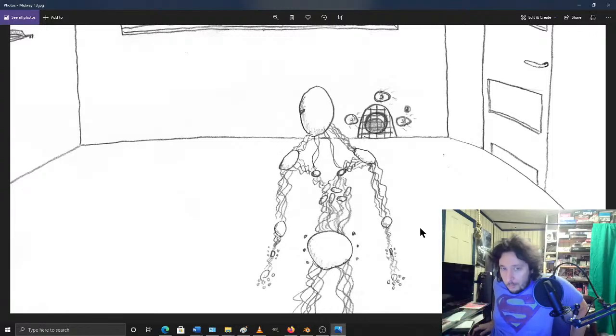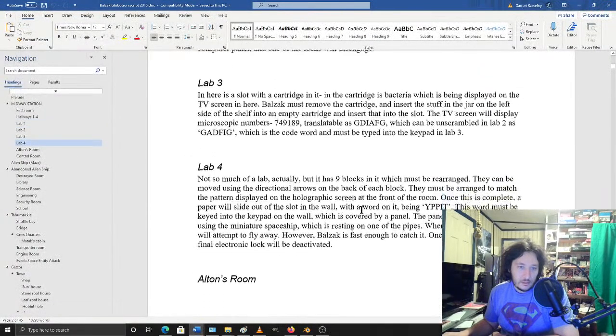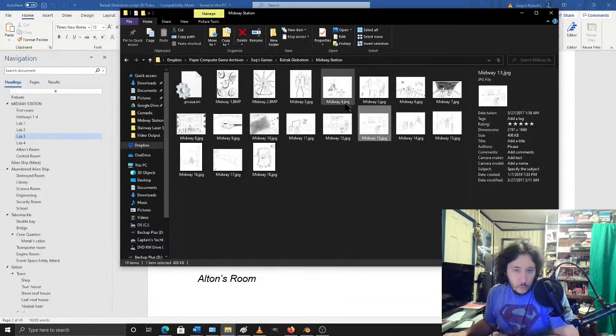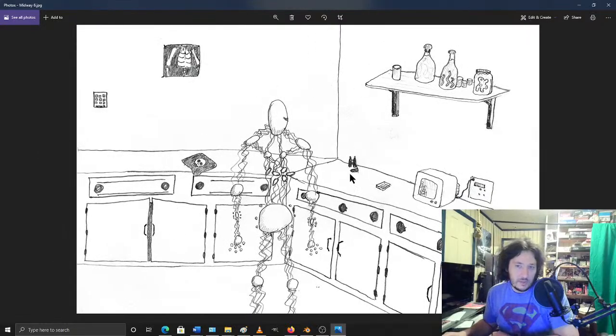Alright, so that is Lab 1. So then, let's see. Lab 3. Which one is the slot with a cartridge in it? Let's see. Which one is Lab 3? Is this it? Yeah, this has got to be Lab 3. See, yeah, see the slot with a cartridge in it right there. Okay, so yeah, what was the puzzle here? I remember this one being easy. I think you might have...